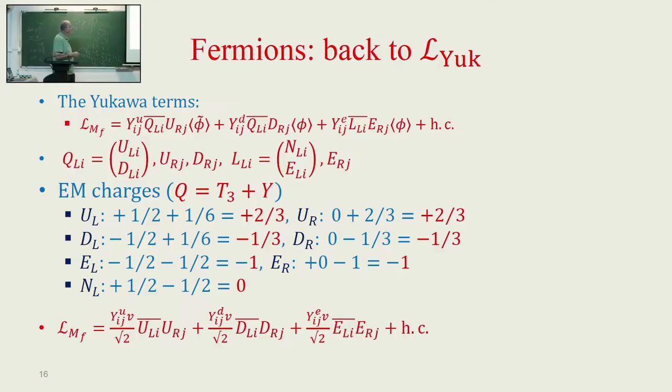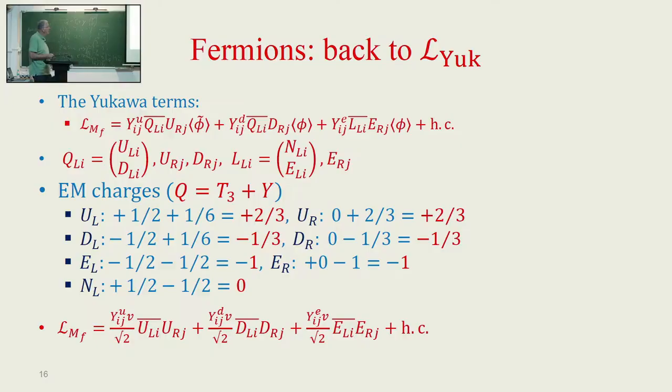And so we give different names for the upper component. There are two types of doublets. There are the quark doublets. So we call the upper component up, and we call the down component down, or U and D. And similarly, I change the notation a little here. For the lepton doublets, I call the upper component N and the lower component E. It's a little bit of a change of notation. These are capital letters. So we now have these three U left, and they are triplets of SU3 color,